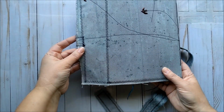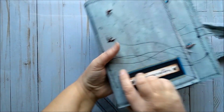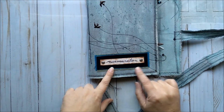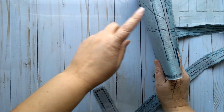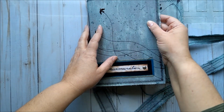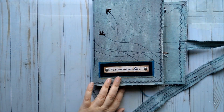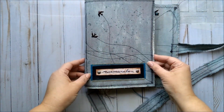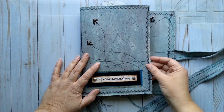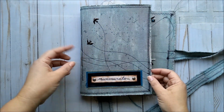This is a canvas cover, which I have dyed and inked and done some splattering on and stitching. This is leather with paper and some brads layered with some fabric. There are two signatures stitched in the spine. It does have the heavy interfacing in it to give it structure. The color is kind of this gray teal type color with some bits of brighter blue or turquoise